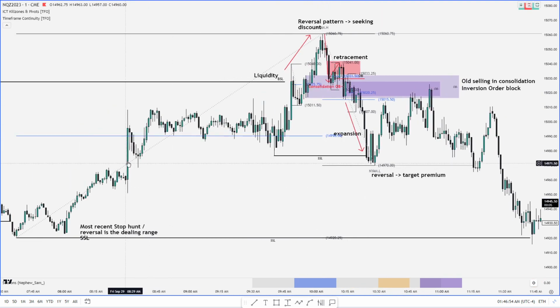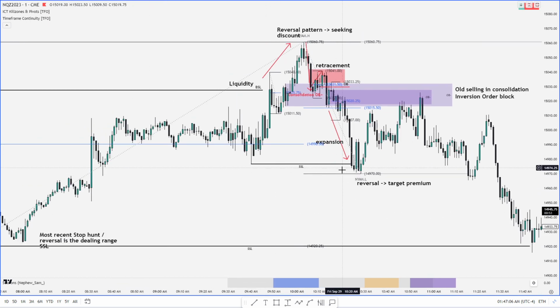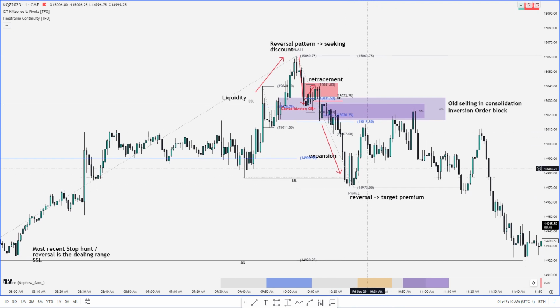Into 50%, yeah, the order block down to here. So you can just edit all of that out, I guess. Into the sell side liquidity, discount dealing range, and the fair value gap from 830. Then you have reversal, so you target premium, which would be this low to high, since liquidity sweep to liquidity sweep is your low to high. Then it goes back into 1505,